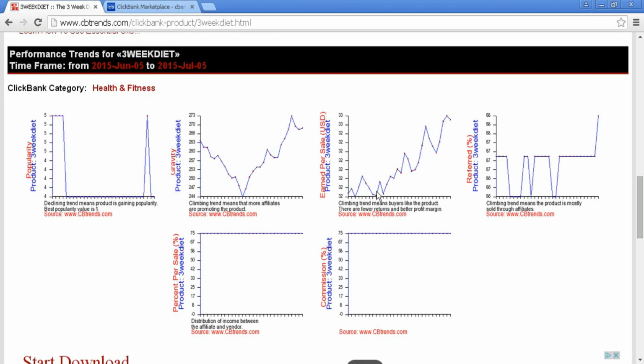So this is, I would say, the general trend of this product is upwards. So I would say that it would be a good product to promote. And again, the number of referrals shows that this product is mostly sold through affiliates. So this would be a pretty good product to promote. So what I could then do would be to go to ClickBank, log in, and get the hop link and